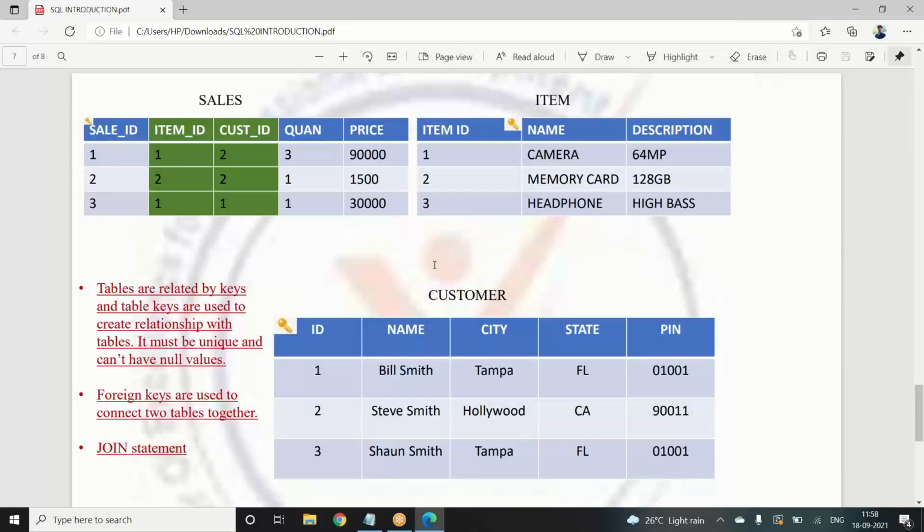So we have the customer table here. The ID is not at all repeating, everything is different, so we have given it a primary key. Okay. And we have another table called items. So we have item ID, the name of the items, and the description of the items, right? In this, the item names can be repeating, as I've said. Camera can come again, and similar descriptions related to products might come in, but the item ID will always be different, right? So for this table also, we have given the primary key to this item ID because it is a unique one.